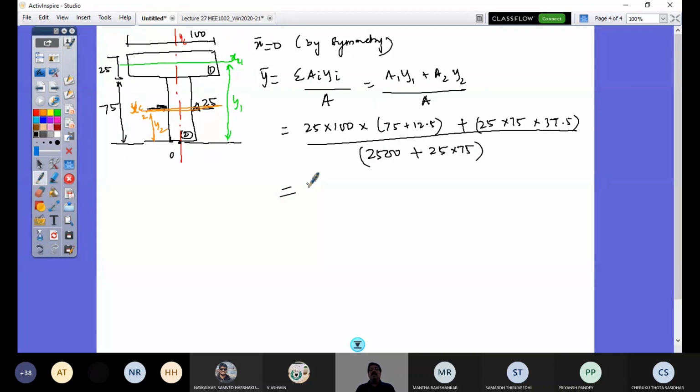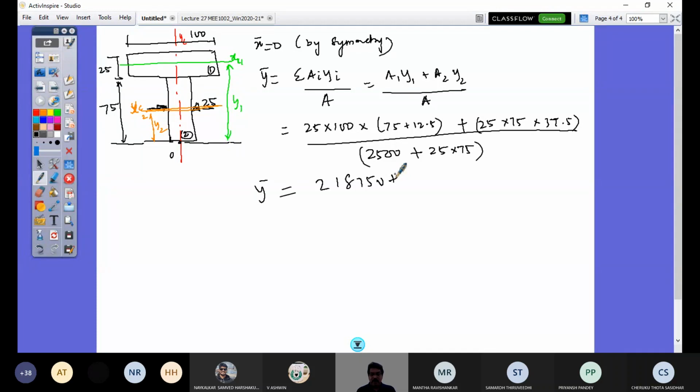What is in the numerator? It is the first moment. What is in the denominator is the total area. So that gives you y bar. So the first moment about the x-axis is what I am calculating. So 2500 into 75 plus 12.5 in bracket is 218750 plus